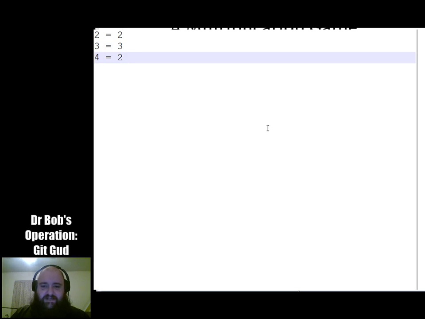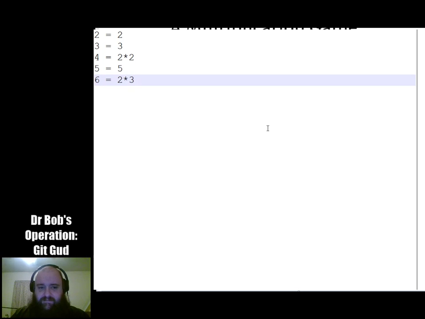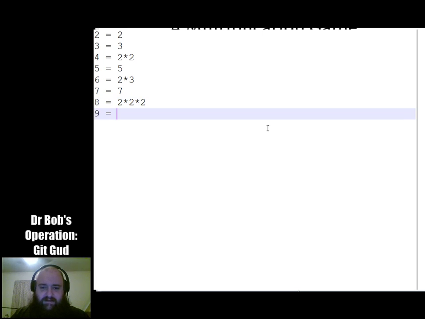So that's basically like doing the 2 move twice. 5 is just 5. 6 is like doing the 2 and the 3 move at the same time. 7 is its own move. 8 is like doing the 2 move 3 times. And 9 is like doing the 3 move twice.